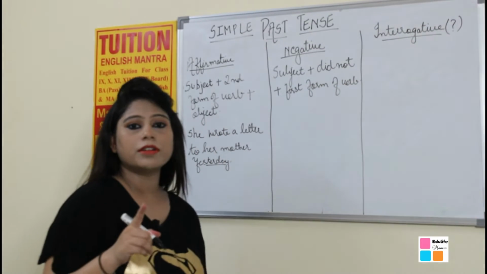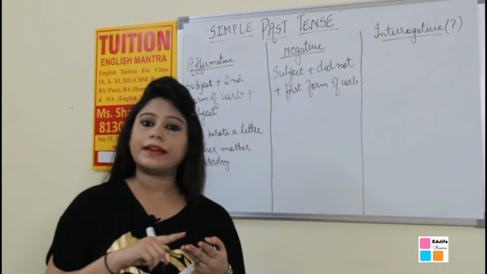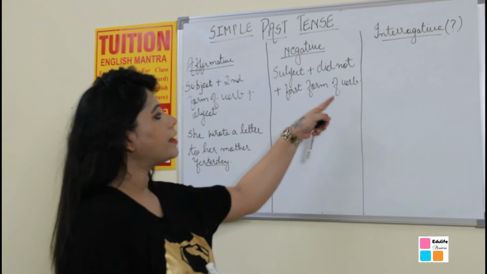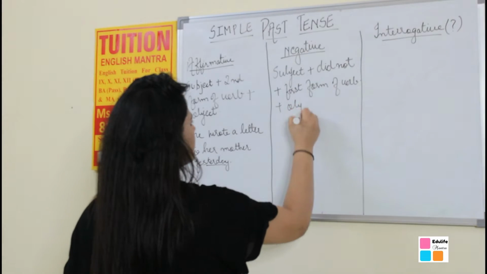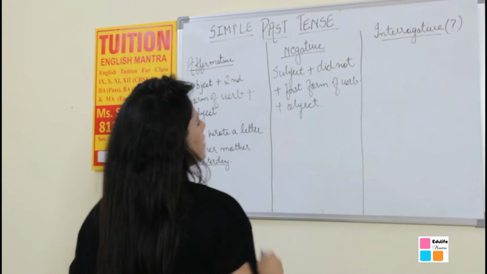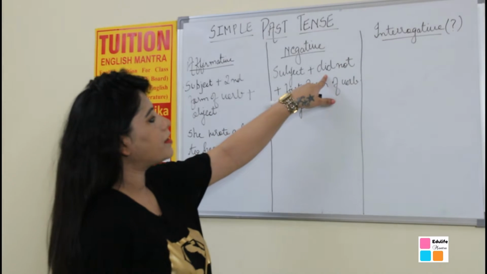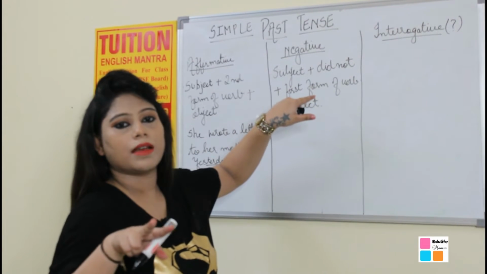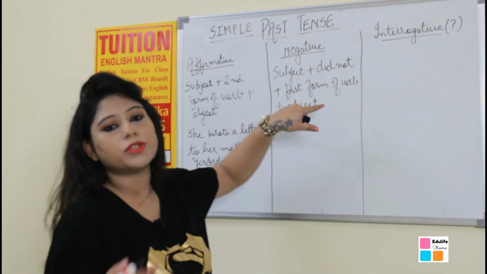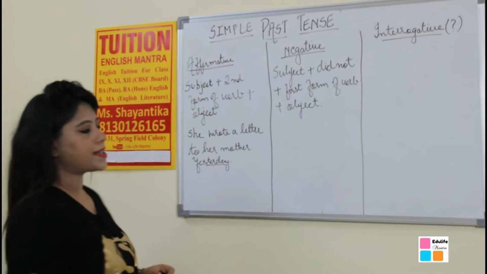You must remember that along with do not, does not and did not, we have to add the first form of verb plus object. Do you know the reason why we are using the first form of verb? Because did not already carries the second form of verb, and second form of verb cannot be used twice in a sentence. So that's why. Now let's change the sentence.